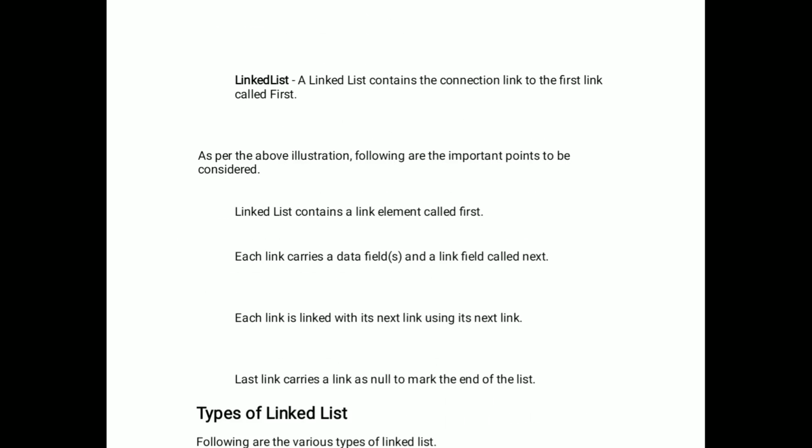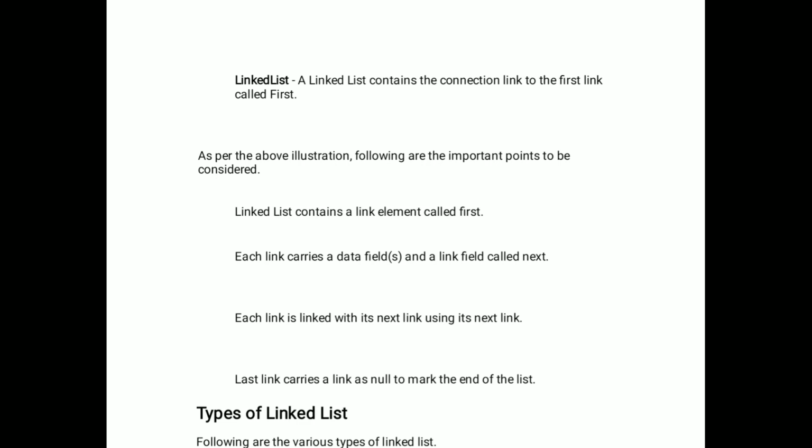The linked list contains a link to the first element, called the first element. Each link carries a data field and a link field. The link field is also called the next field. Each link is linked with its next link using its next field.